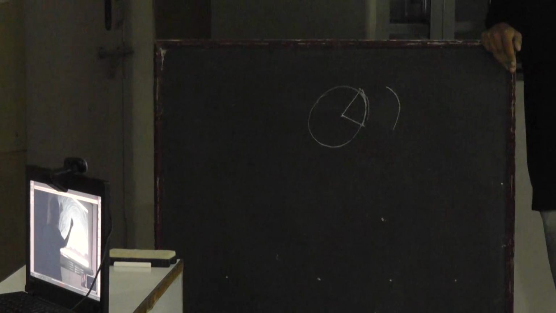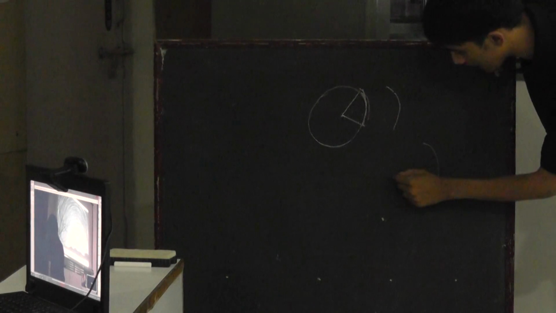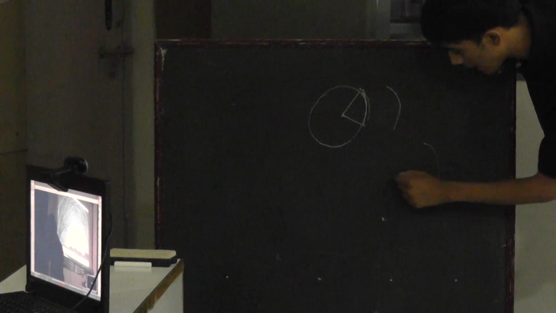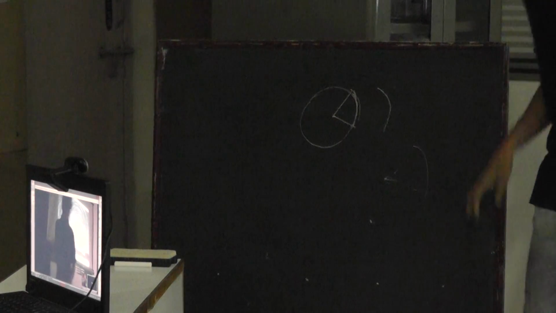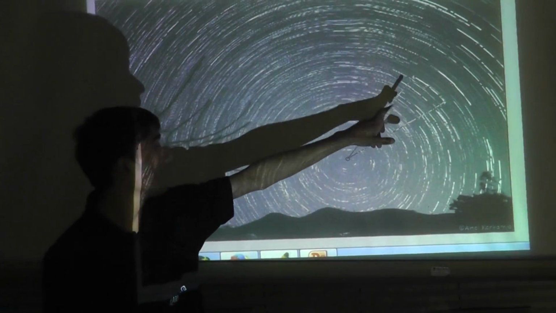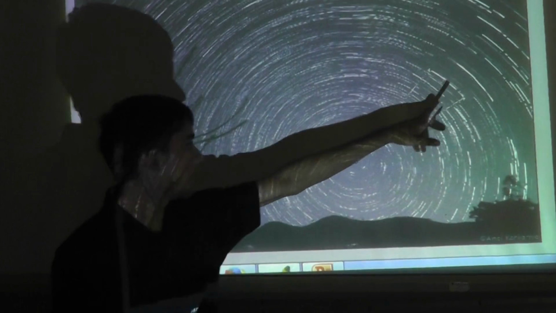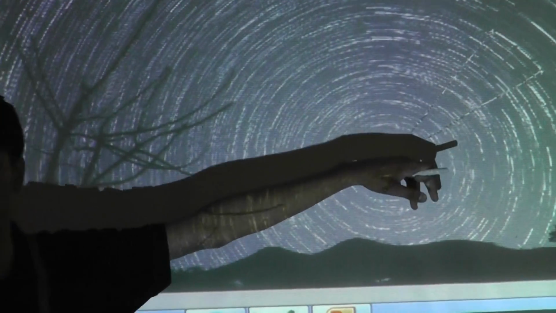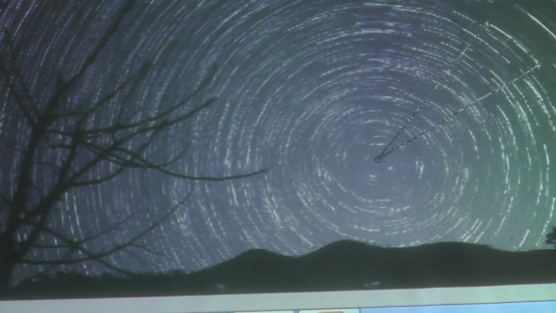So what we do is we try to measure the angle subtended by this arc. We are assuming that there is a star which has trailed for some period of time, and now I am interested in finding its angle. This is the North Celestial Pole, and I want to find out what this angle is. To find that angle, there is a tool in Photoshop called the measure tool. Here is the North Celestial Pole, and from here I have taken this arc of my interest and measured the angle formed at the center. So this angle comes to around 20.6 degrees.